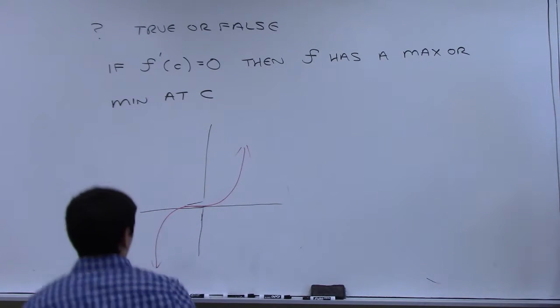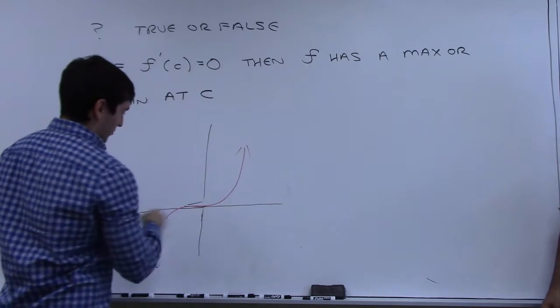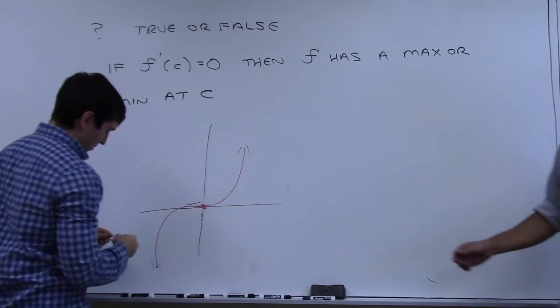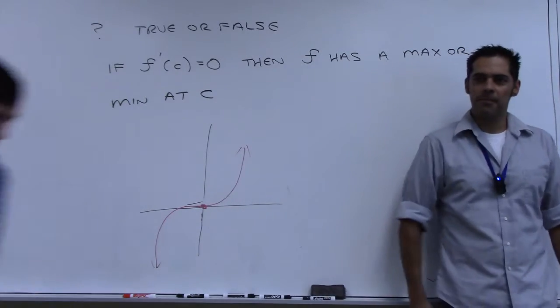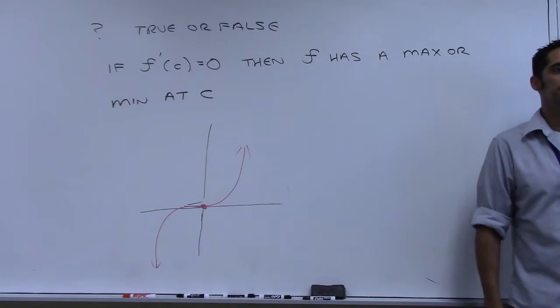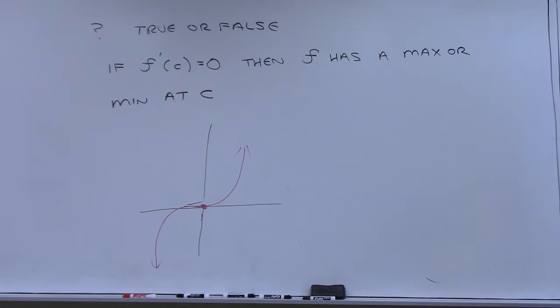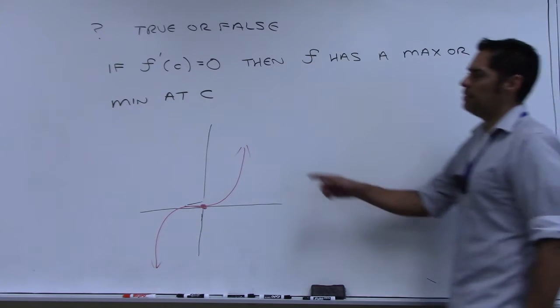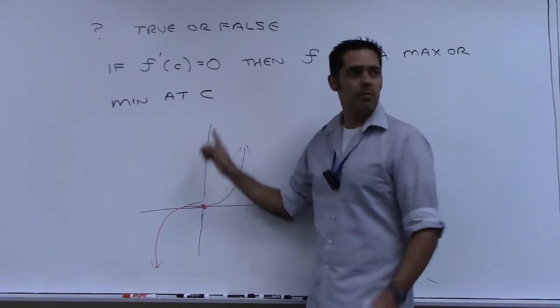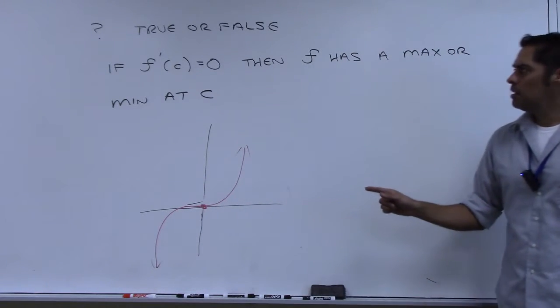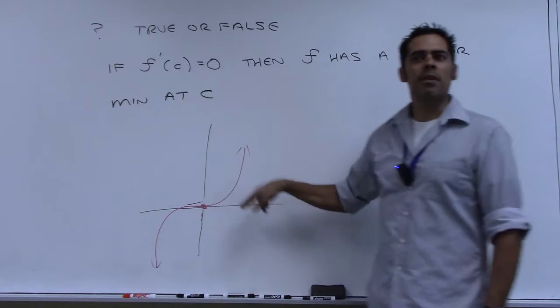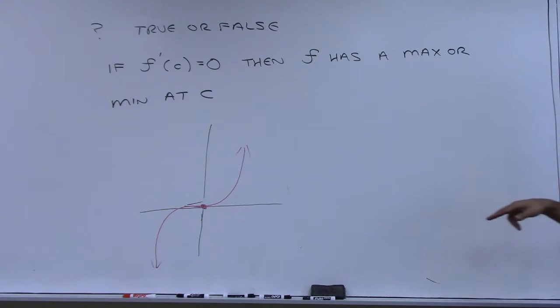Okay, so what point is it that you want us to look at? This point right here? All right. We'll take it to the class and we'll ask them. Thank you. What do y'all think? Is this an example where if we look at the function at c, which you're saying is 0, that the slope of the tangent line, the derivative, is 0, but we don't have a maximum or minimum there? Do y'all buy that?